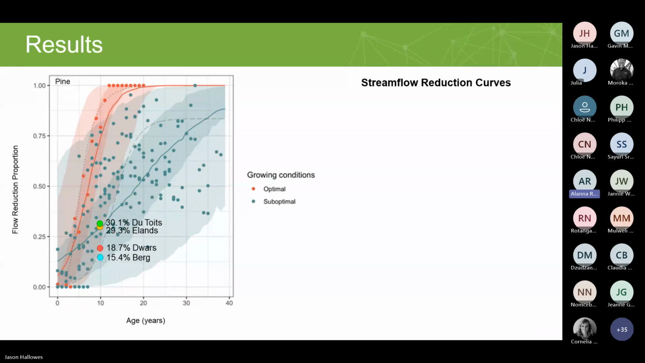And you can see that they fall for pine very much where they would be expected in terms of flow reductions. So they fall along that suboptimal growing condition curve, which would be expected. They're not grown in their plantations. Conditions are probably suboptimal, but it just shows that these modeling results are at least concurring with some other studies,